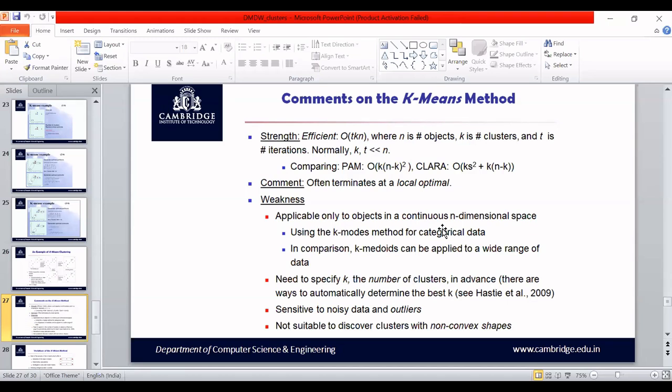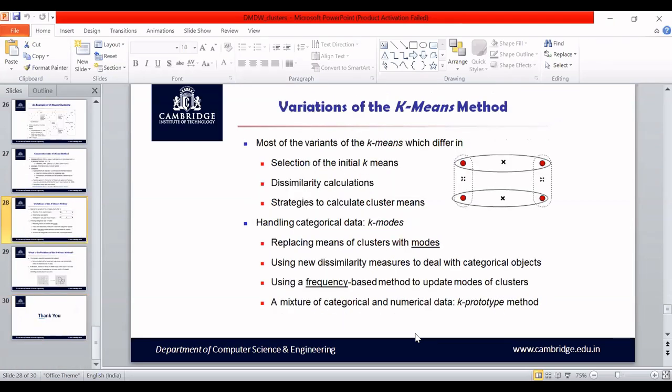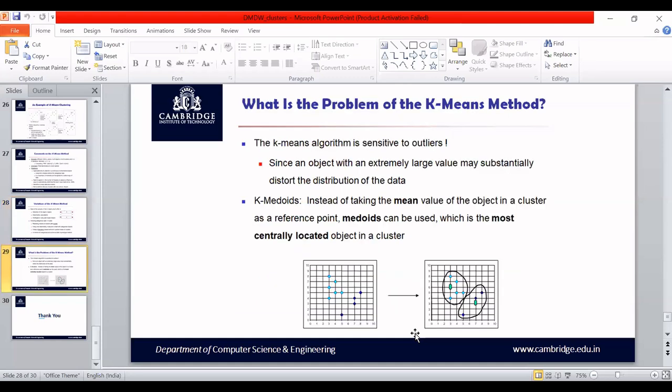Then whenever you have noisy data or outliers, an outlier is a data point which doesn't belong to any one of the clusters. In that case, you should be able to handle the noisy data, and that noisy data should not affect any of the clusters that you have found. And this is not suitable for very huge or three-dimensional data. Usually k-means is applied for two-dimensional data. So there are many variants. Depending upon your application, you should be in a position to choose which method is better.